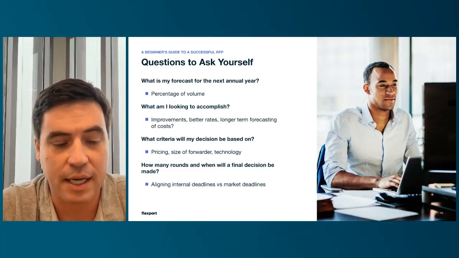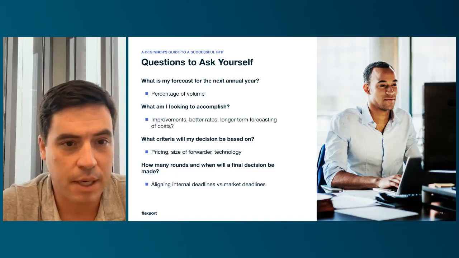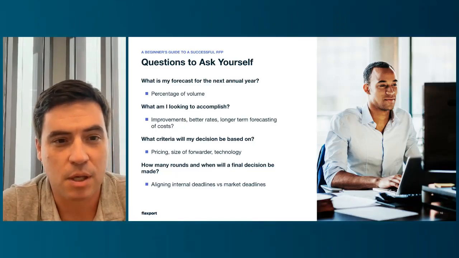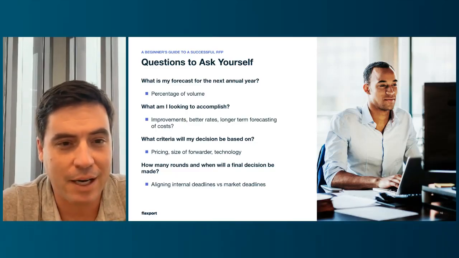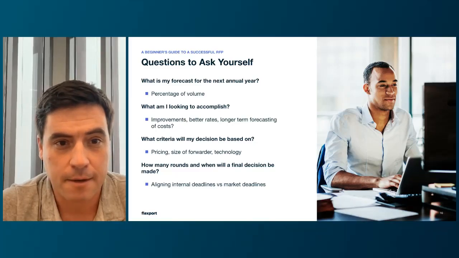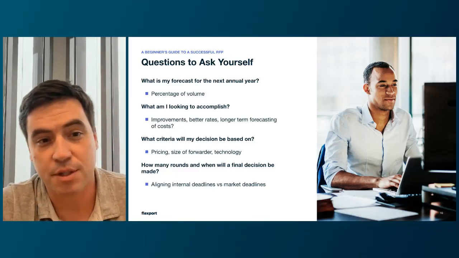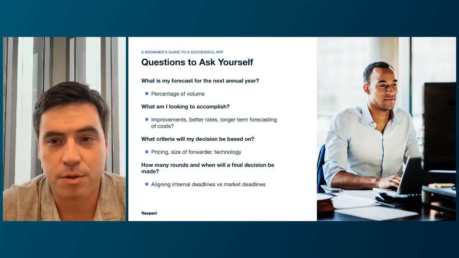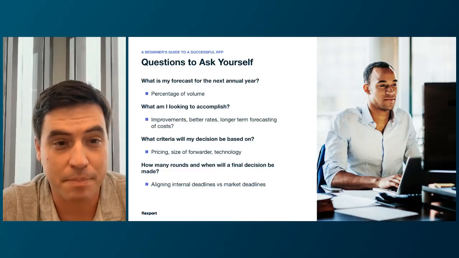I mentioned that it's often an annual on the FCL market, but air can really be as little as a month type thing. How much of that do you have? How much can you forecast it? And what's the predictability of that forecast? Understanding this yourself so that you can share that with your potential partners will help you get the best offering